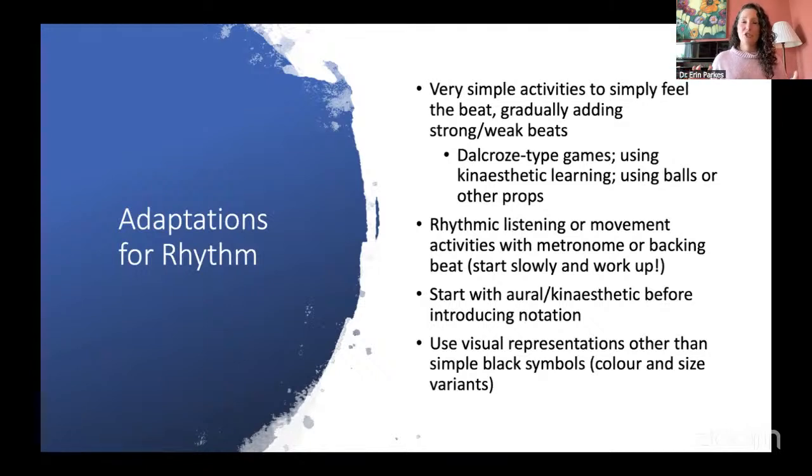You can use just a simple beat, and it's good to start with just a metronome, or you can use a beatbox or something. It's just a little bit more interesting, but that's a lot more auditory information to process. So start with just a metronome.